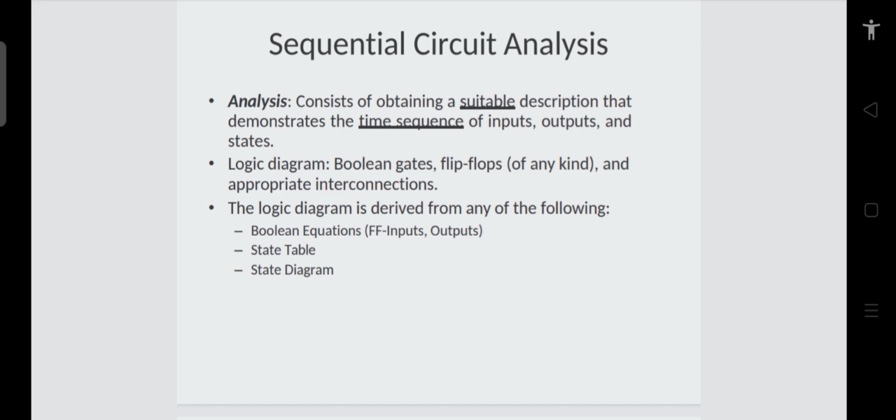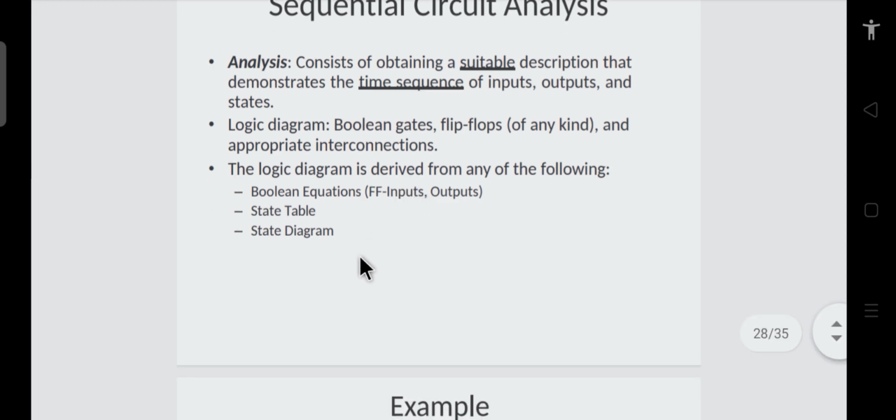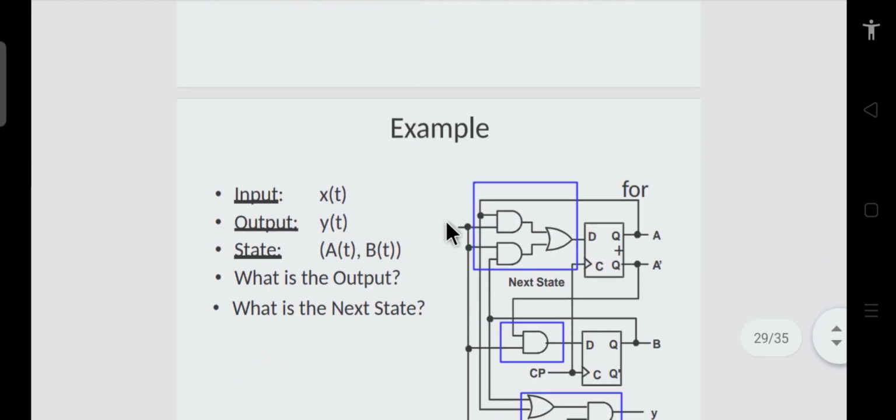Whatever statement is written, first we will draw its state diagram, and then we get its state table, and then by that state table we find the Boolean equations, and then those Boolean equations are used to get the logic diagram. Otherwise, if we have a sequential circuit in front of us and we want to analyze it, first we have to write the Boolean equations for it, then we write the state table for it, and then we get the state diagram for it. We will see this procedure, and what we mean by state table and state diagram, in these few slides.